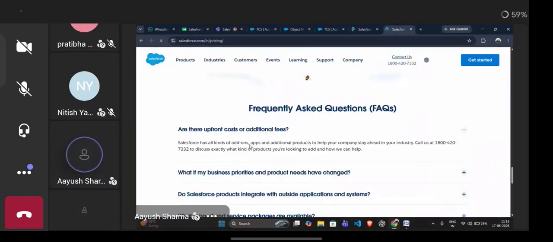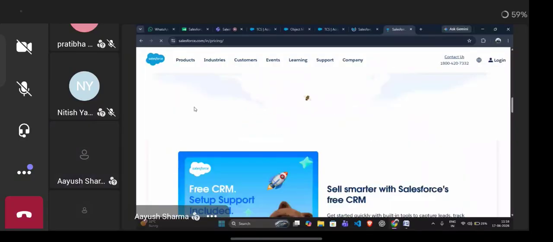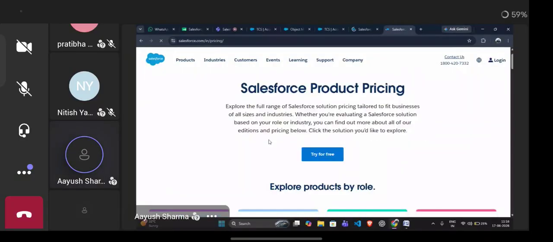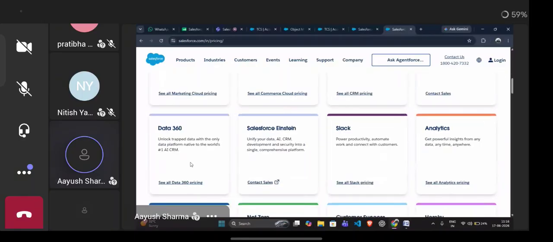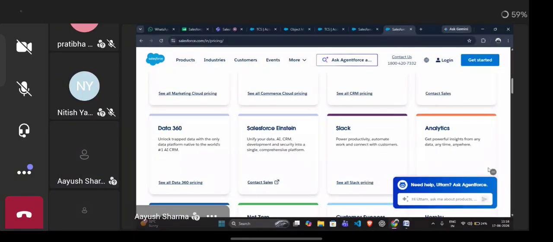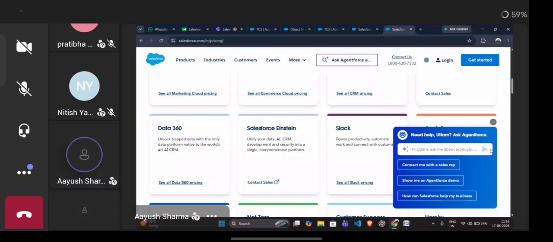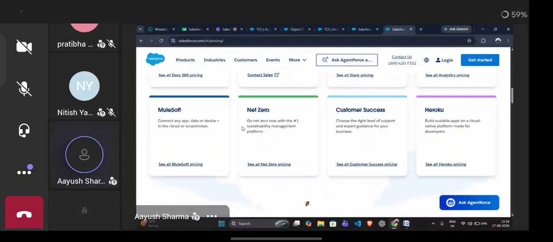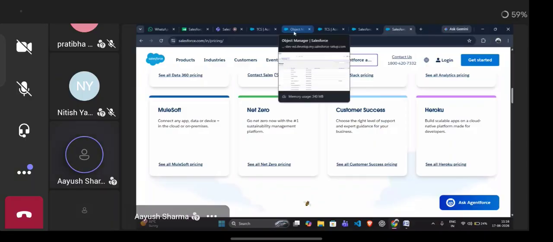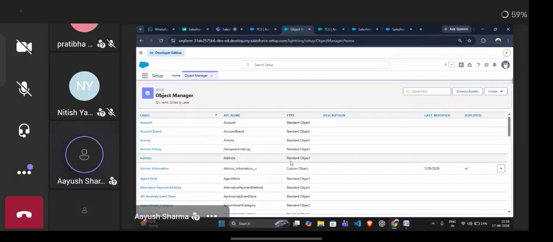These are the products of Salesforce. We are using Marketing Cloud, Commerce Cloud, CRM. These are the different clouds available, with some standard objects given by the cloud. We use standard objects first. If our requirement is not fulfilled by these standard objects, then we create custom fields or objects according to the requirement. So we can see here Account is our standard object, and I created the Advisor Information